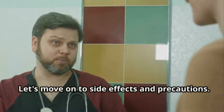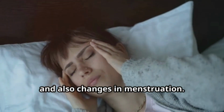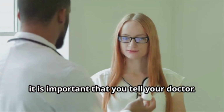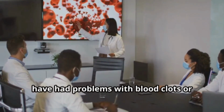Let's move on to side effects and precautions. Some common side effects are headaches, changes in appetite and mood, and also changes in menstruation. If you notice any unusual symptoms, it is important that you tell your doctor. Also, it is not recommended to take it if you have had problems with blood clots or certain types of